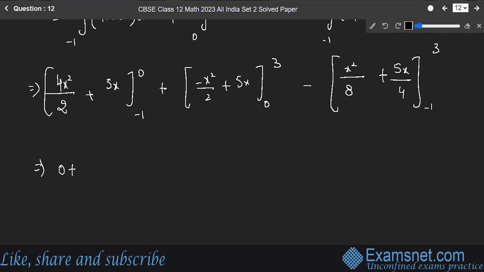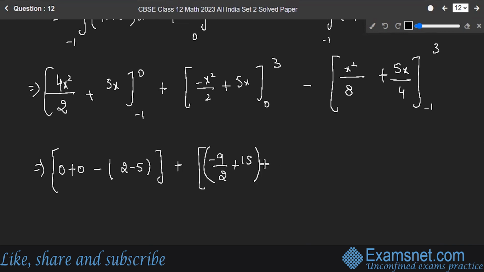This will be 0 plus 0 minus of 2 minus 5 for this one plus, yeah, this has got to be minus 9 by 2 plus 15, right? Minus 0 minus 9 square, 3 square,